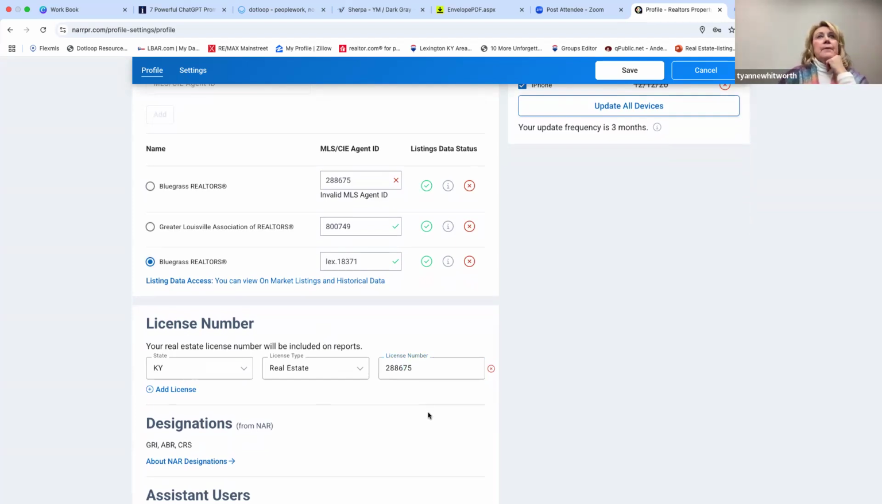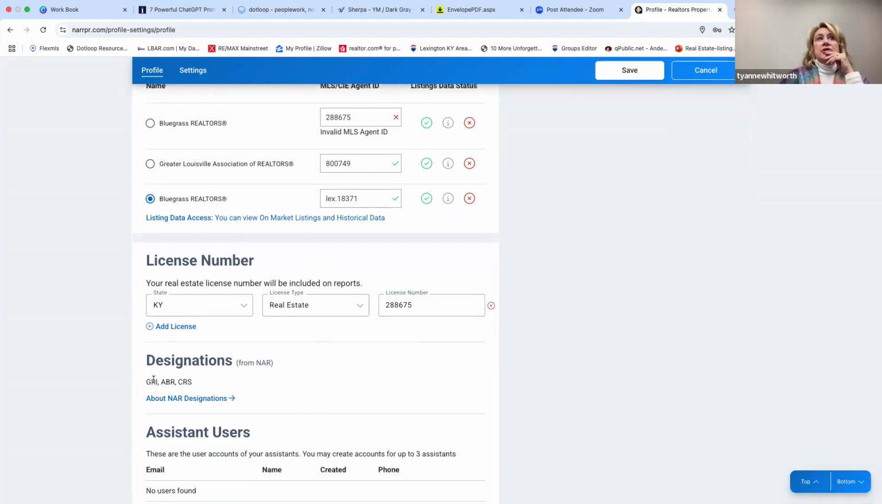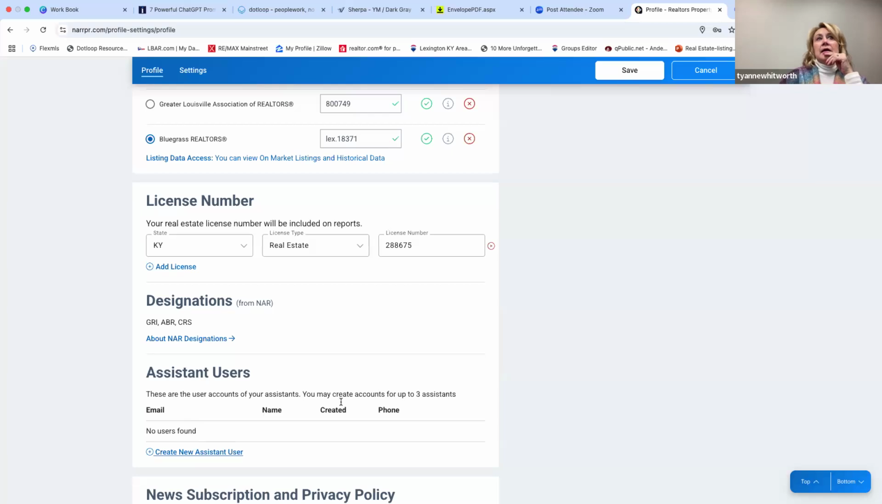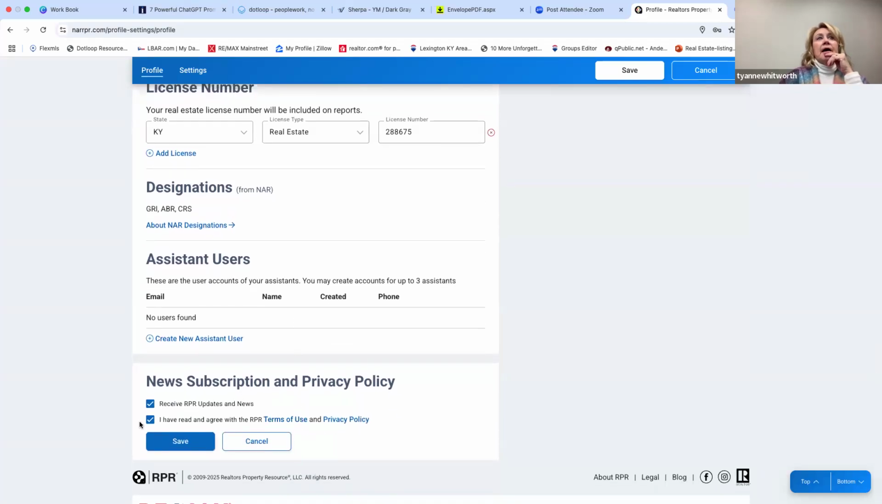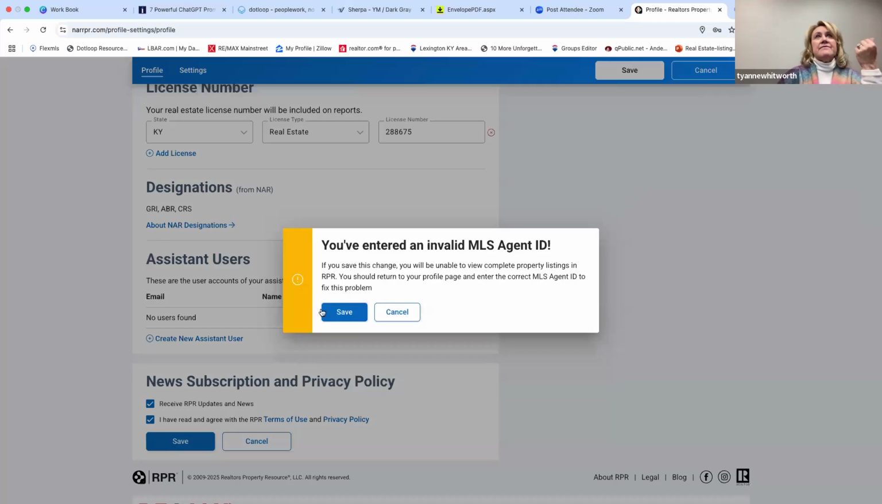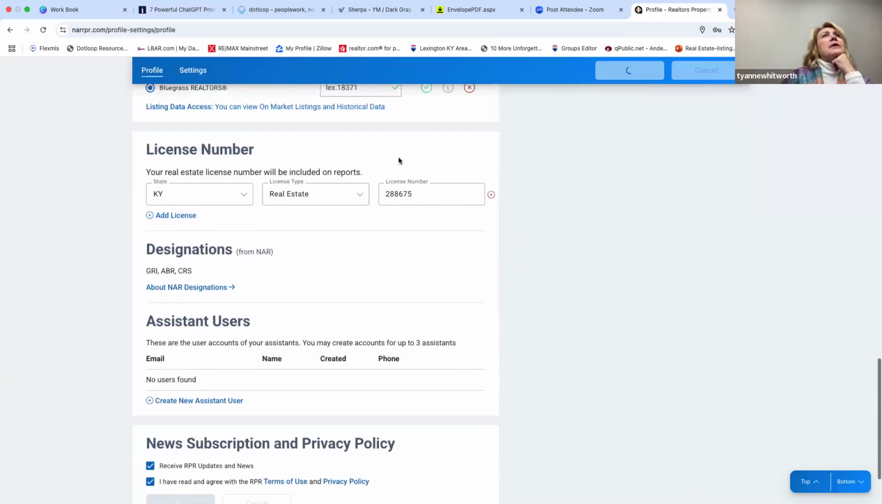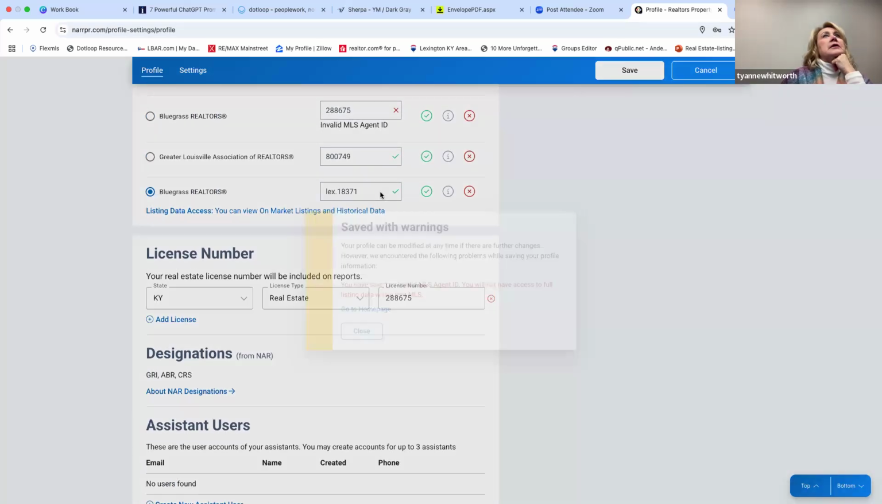Okay, so yeah, my license number has changed. And then it's got my designations. If I wanted to add in any of my assistants, I could do that. I do want to get RPR updates, and I am going to agree to the terms. So I'm going to save that. It says I've entered an invalid MLS ID, which is my,